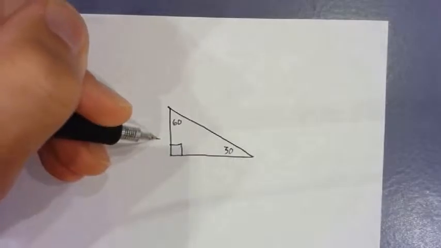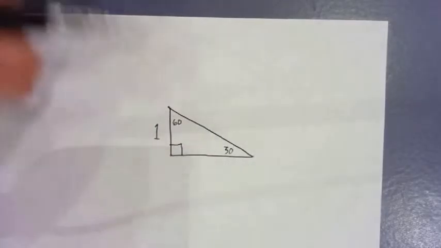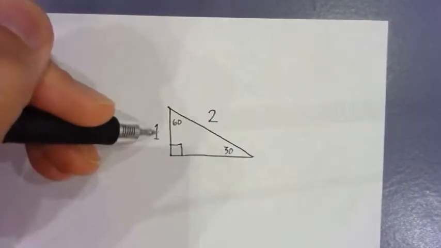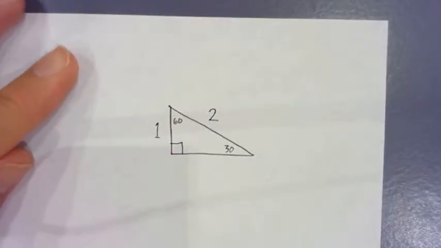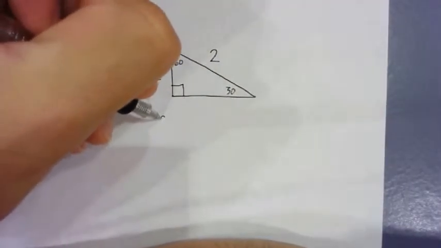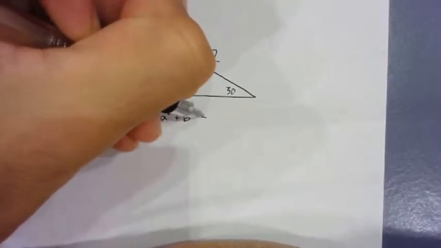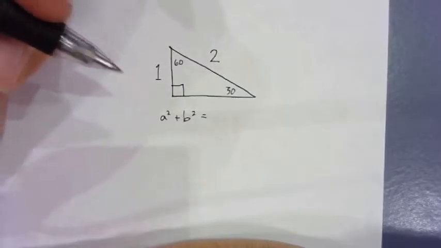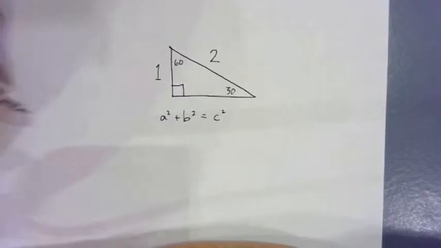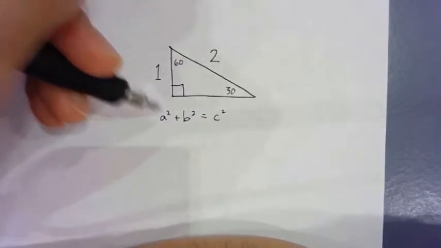So we'll call this side 1. Then our long side is our hypotenuse. We're going to call that side 2. So if you can remember those two things, you can figure out, using Pythagorean theorem, the third side. Once you've done enough of these, you'll have learned and memorized the ratios of these numbers. But if you can at least remember the 1 and the 2, you can figure out